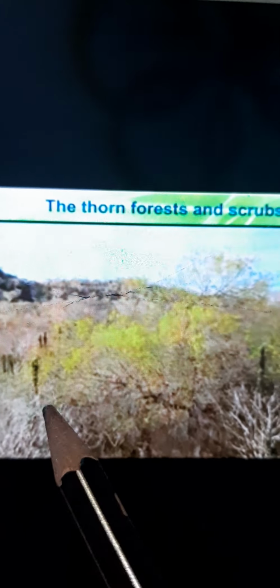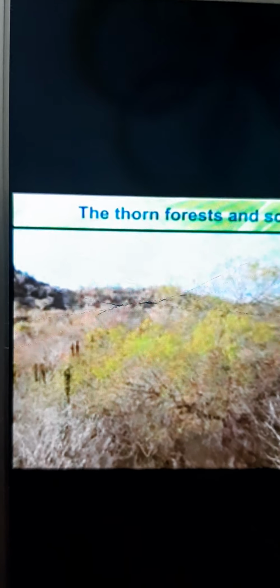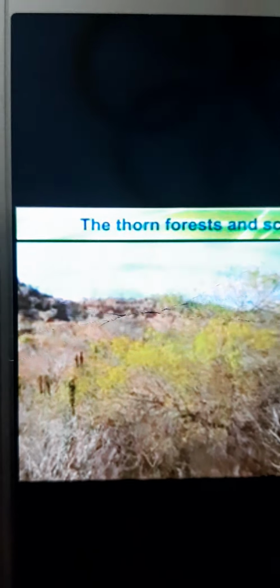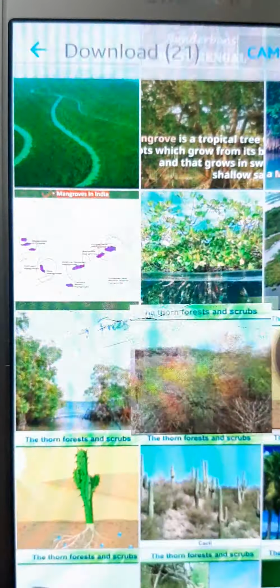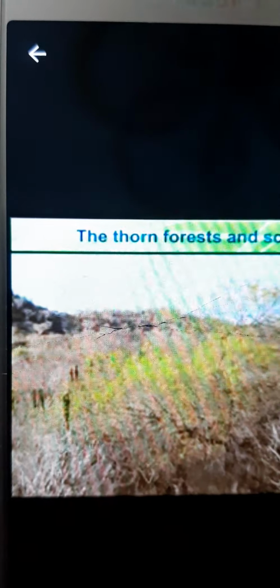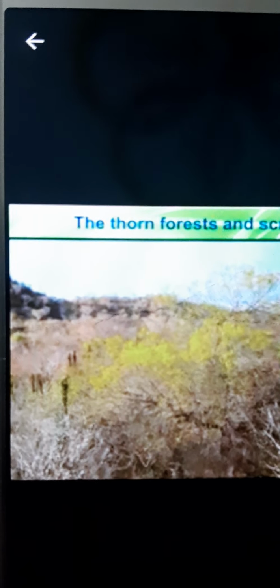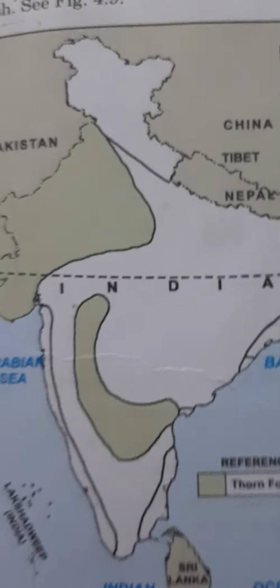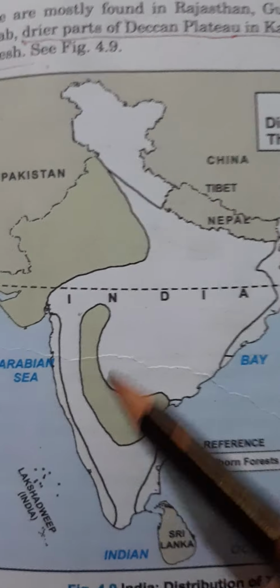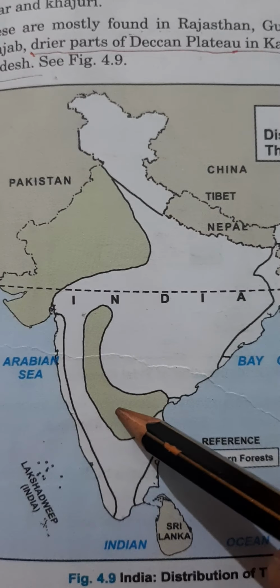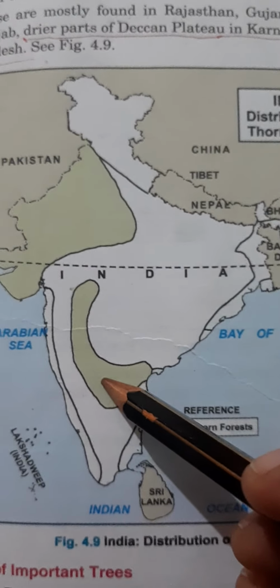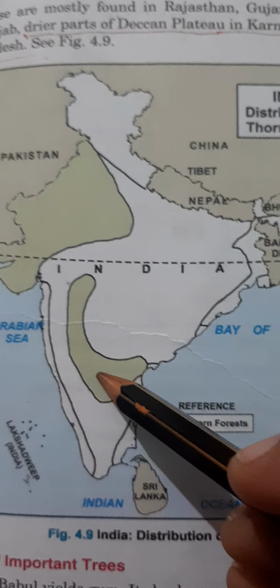So these forests give way to the thorn forest and scrub in arid areas. Mainly they are found in the areas where rainfall is very less. Those areas are semi-arid or arid areas. Wherever rainfall is less, such type of forest is found. As you can see in the map given in your book, what are those places where such type of forest is found? They are mainly